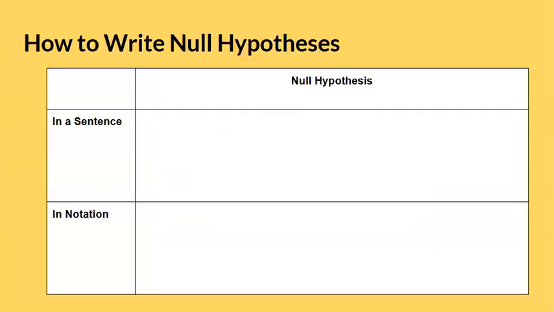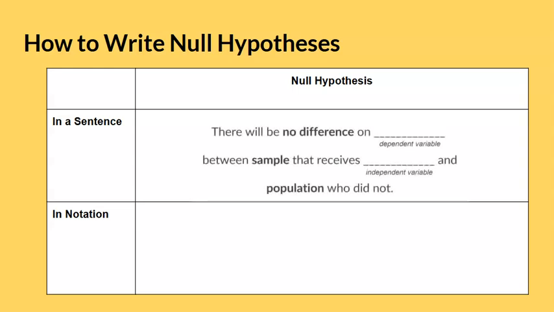Writing hypothesis statements for the first time can be confusing for students, especially since you need to write them in both a sentence and in statistical notation. For the null hypothesis, recall that we're predicting that nothing will happen. Therefore, in a sentence, the null hypothesis would be written like this. There will be no difference on the dependent variable, between the sample that receives the independent variable and the population